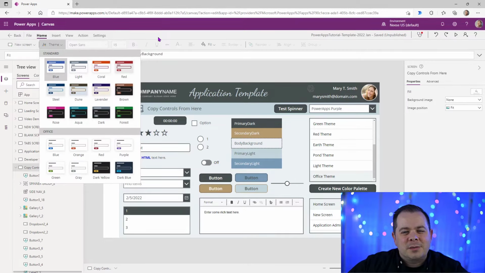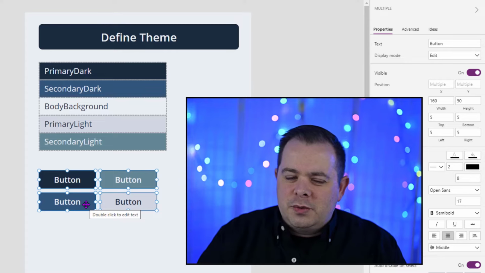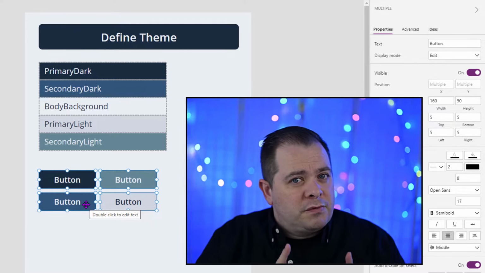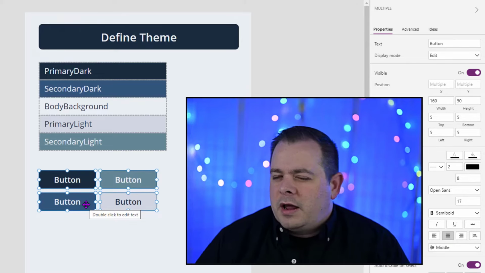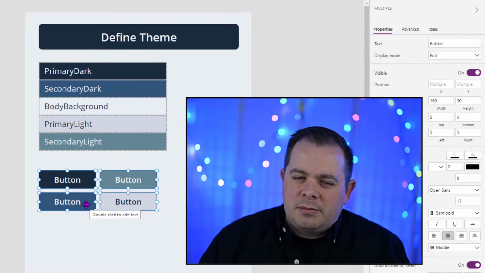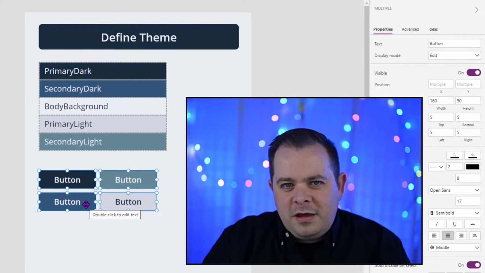So what I'm going to do is take you through every step of the process of creating your own customized theme. This is the magic of doing your own custom theme, having your own global variables, and using those global variables. You set them up from the get-go, at the beginning of your application. You have your own application template. You use that every time you create a new application. You set up these variables, you use them, you have these controls that use these variables,